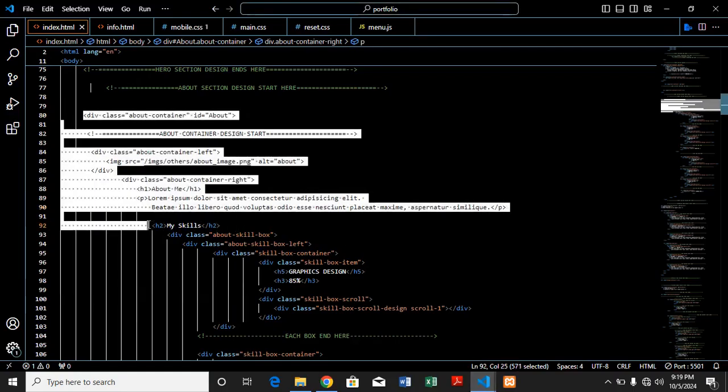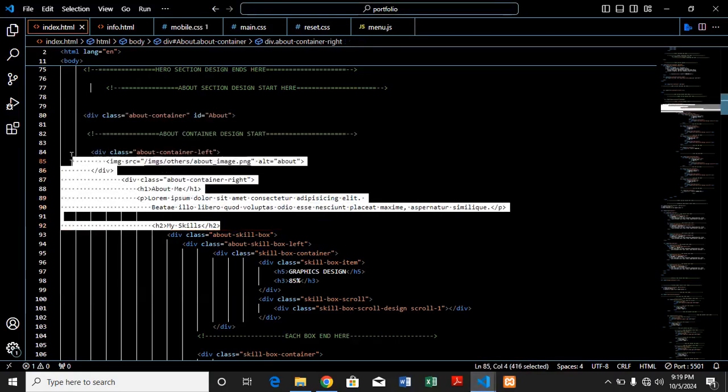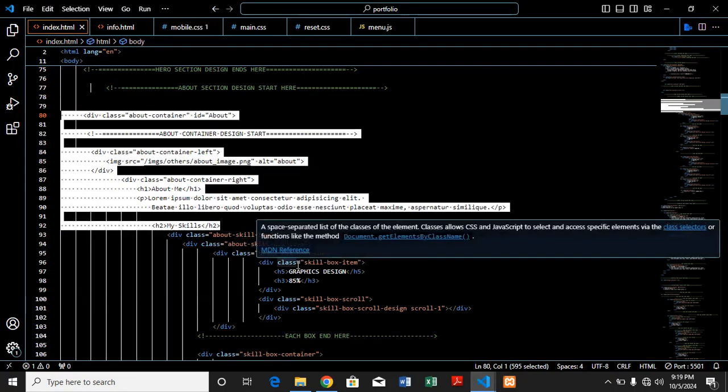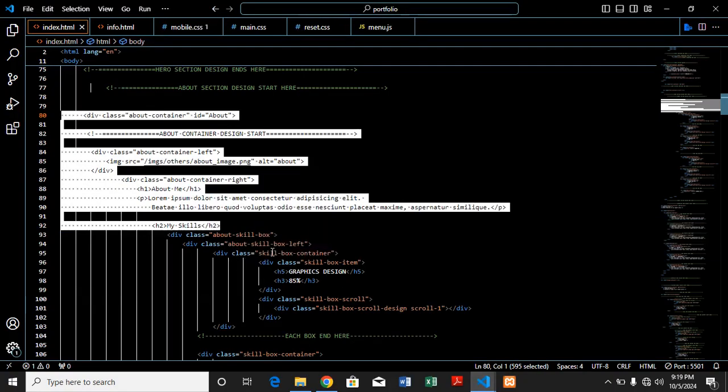After my skill, from this place to this place, you can see that we have another class. We call it about skill box. Inside the about skill box we have about skill box left. Inside that about skill box left we also have another class that we call skill box container. Inside that skill box container we also have another class that we call skill box item. Now inside that skill box item we have the H3 graphics design,